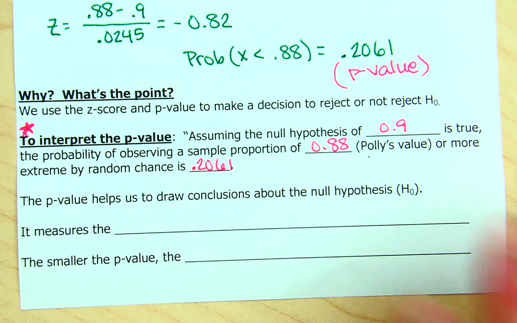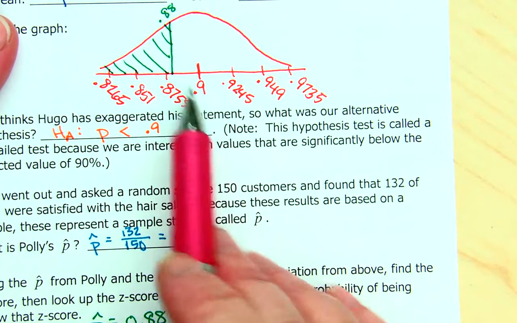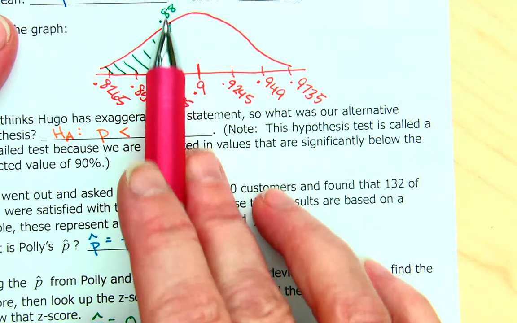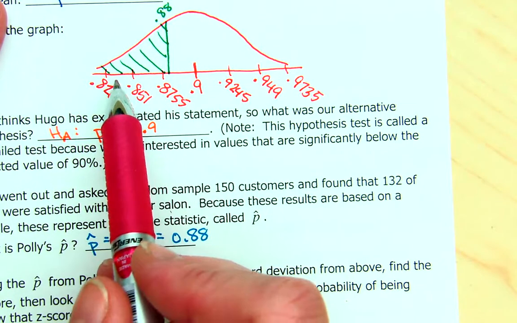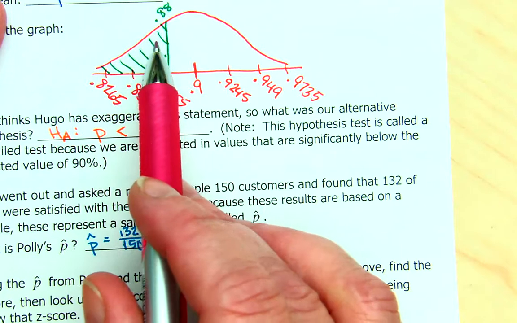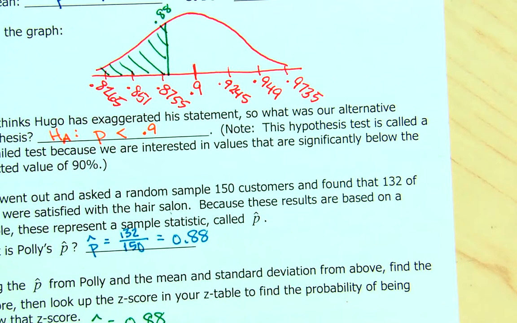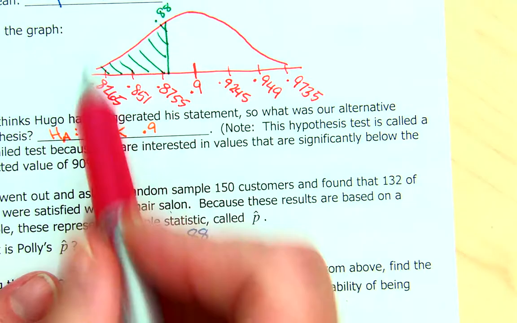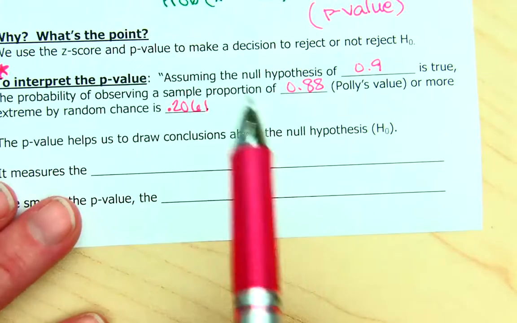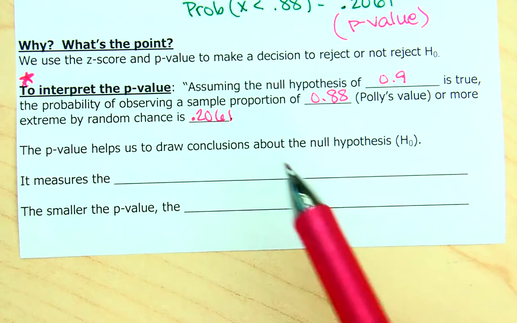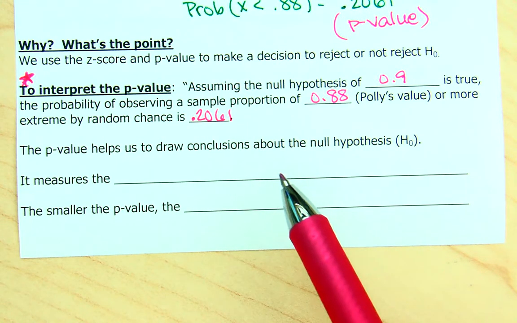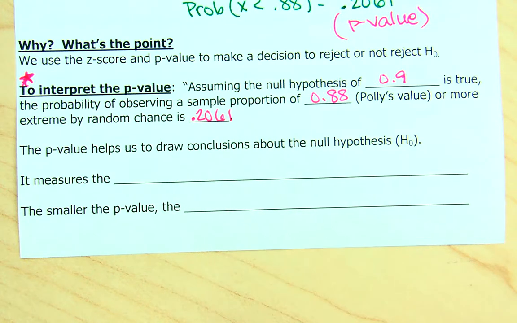So for those of us who are visual people, what it's saying is if this is really the middle, the probability of being here or less is that p-value. It's that probability that we found. As we said, if this is true, the probability of here or less is 0.2061. Okay, so it's just explaining that picture. Okay, so if you think of it in those terms, that's all you're doing. So this often is a multiple choice question. Sometimes it will show up on the free response, explain what this p-value means in context. But often it's a multiple choice, and they'll have it written all sorts of different ways, and you have to figure out which one is correct. So you need to know that p-value